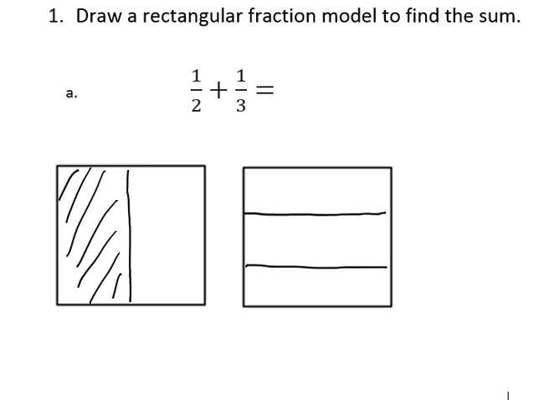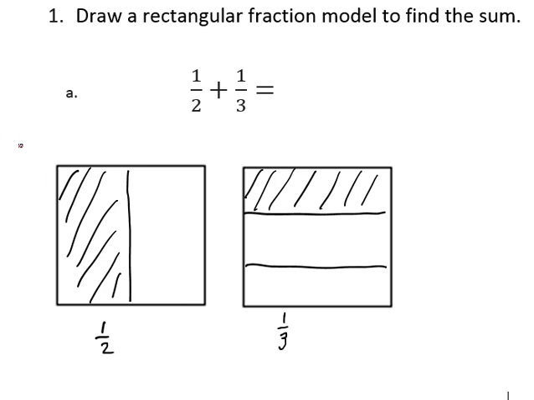So the key here is one rectangle gets divided vertically, the other rectangle will be divided horizontally, and I need to shade in my 1/3. I still have 1/2 and 1/3. Now to find my common denominator,